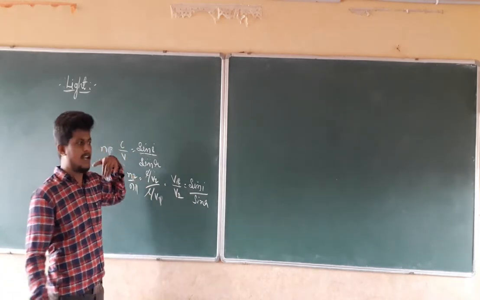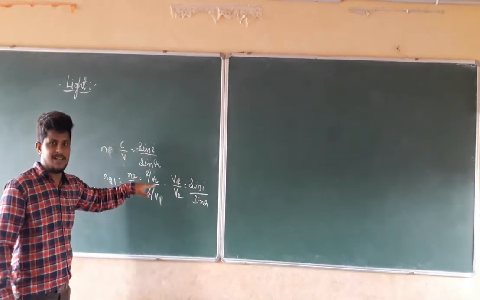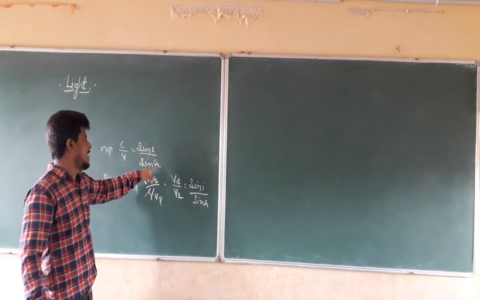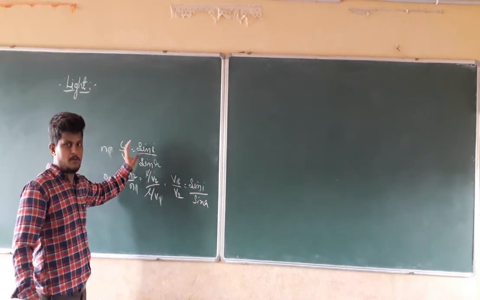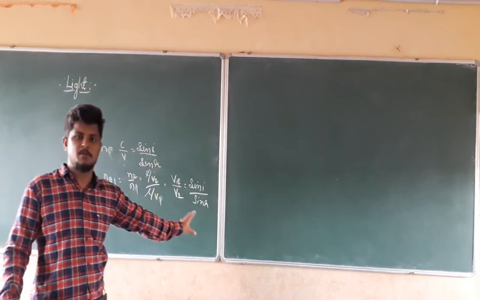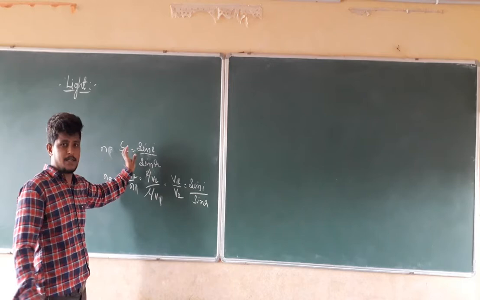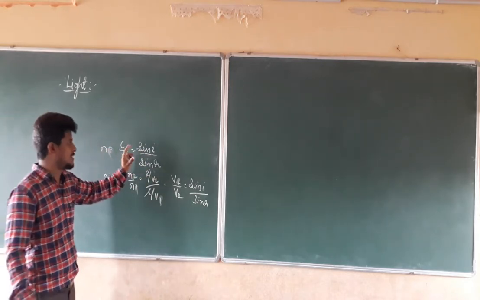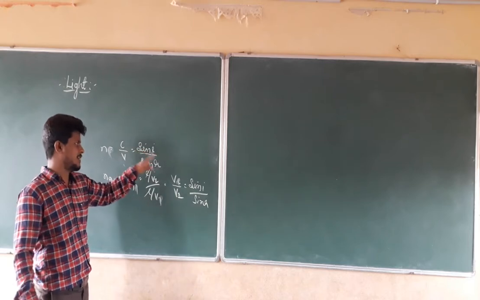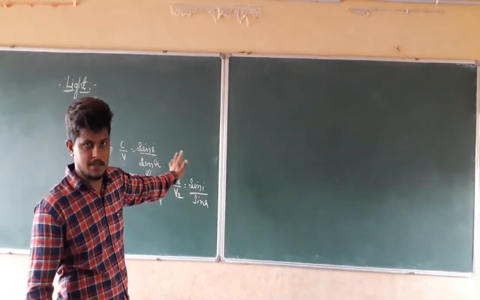We have to calculate the value of the refractive index of those mediums by using this value. They are given different values of i as well as different values of r. So first of all we should know about the trigonometric functions. Up to that point I am going to skip these numericals. I am going to solve the numericals based on c and v, but I am going to skip the numericals based on sin i divided by sin r until you have studied the trigonometric functions.